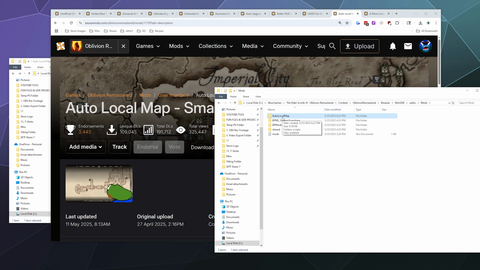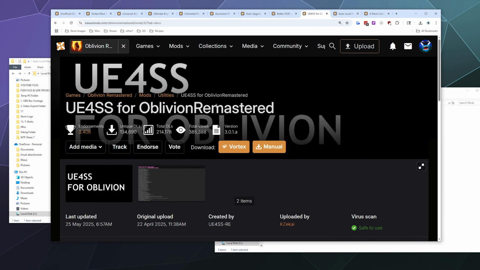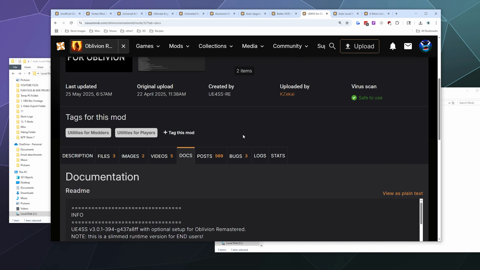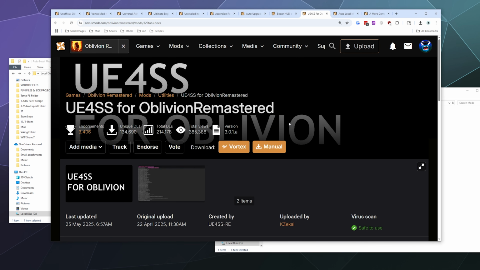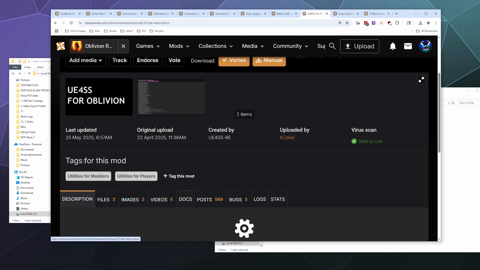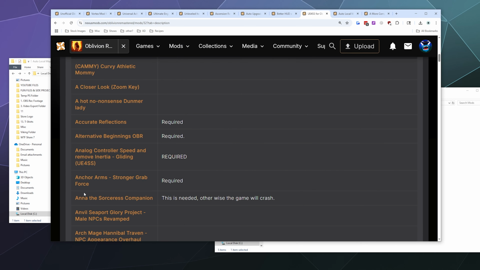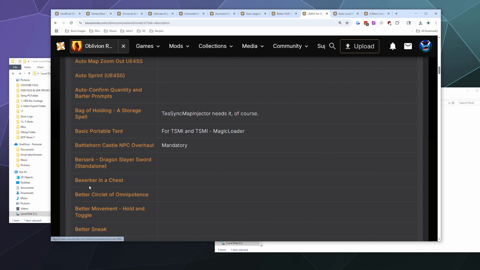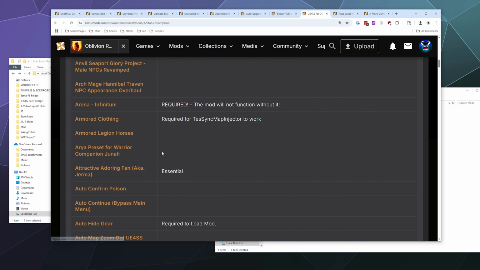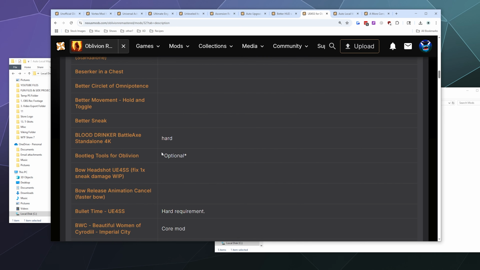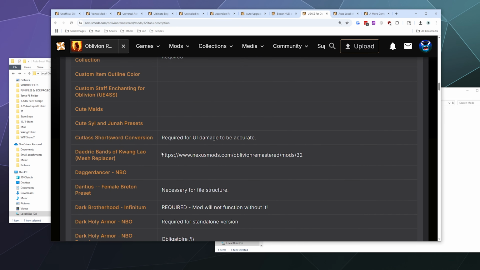I would, however, leave the UE4SS installed because this is a platform for allowing a lot of other mods to do cool, fancy things, and is required for a whole bunch of stuff in order to run. Like, it's used for all these other mods. So I would definitely recommend leaving that one installed because it won't hurt anything if you don't have any mods installed. It'll just sit there,